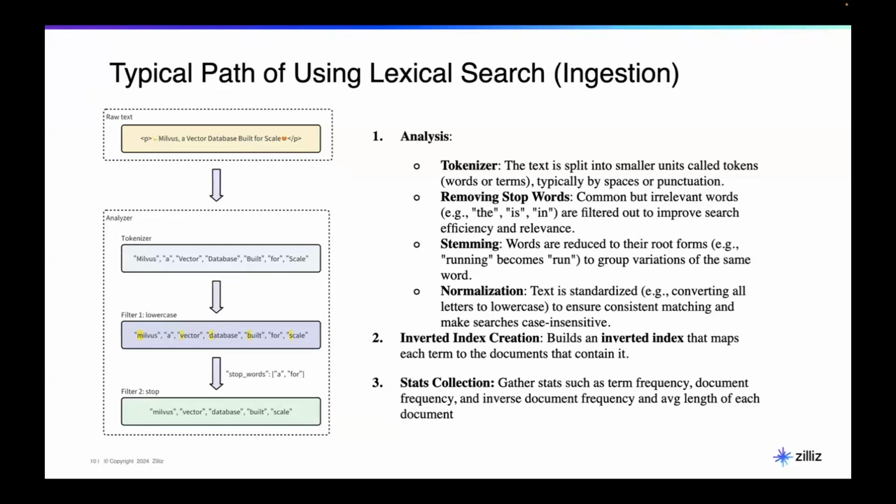I'll show what an inverted index is, but it gives you some performance when you try to search on those, right? The third part is you need stats. That's how we figure out our data distribution. The important part is that we need to calculate, for example, how many times Milvus shows up in my documents, and how many times vector shows up. Ideally, vector shows up more compared to Milvus and the others, because vector is a more common word. Which means if Milvus shows up, it's going to be more important than vector, because it shows up in all the documents. Okay.